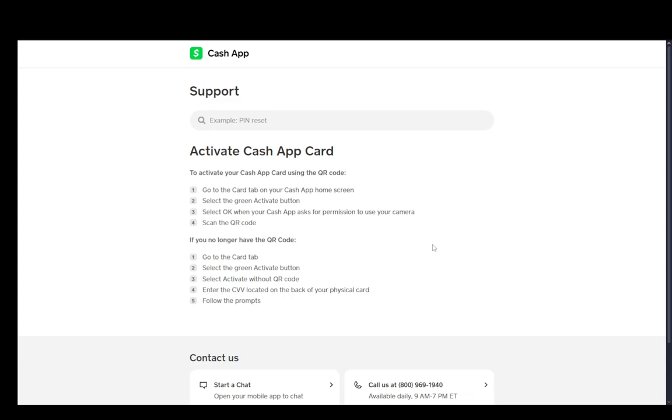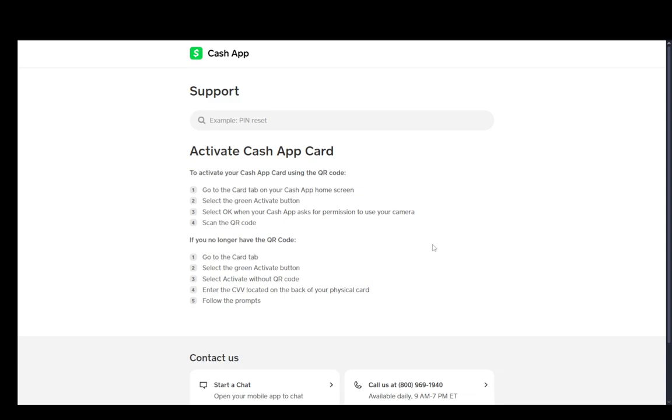Now, pretty sure you already know the procedure, but just to go over it really quickly, what you need to do is you need to verify your information on your Cash App account, and once you have verified it and once everything is good on that side, you will need to go into the Cash App or Cash Card menu, order a new card, and once that arrives,